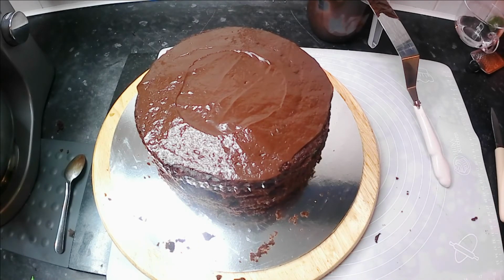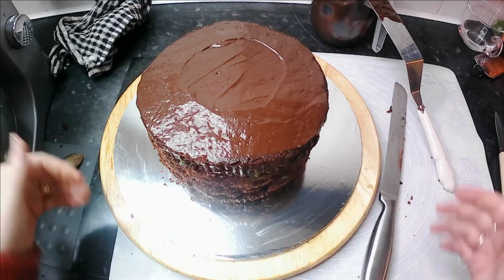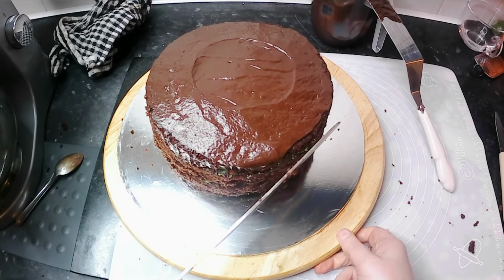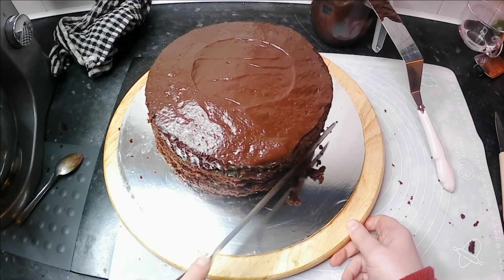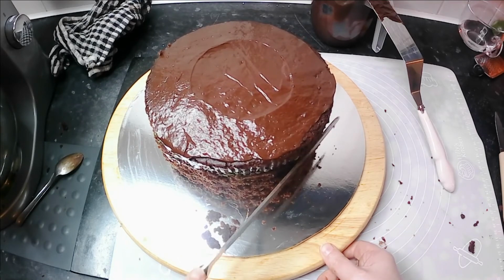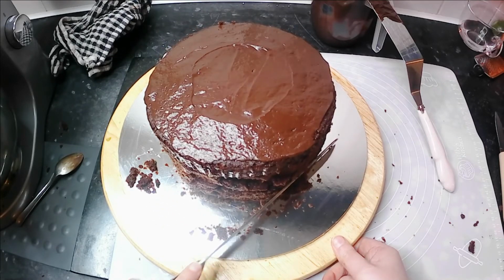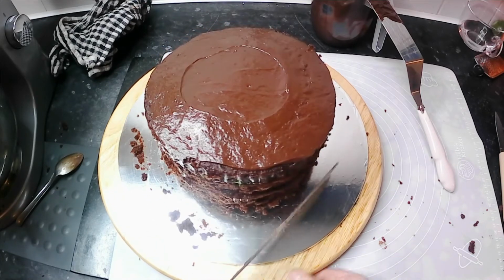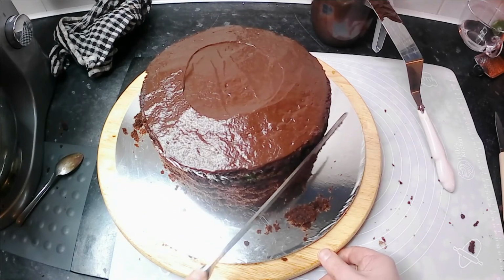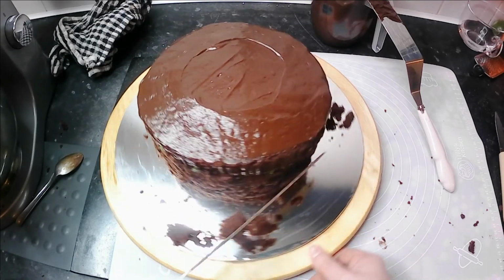Which I'm just going to speed up. So I've gone around all my edges and cut off the crusty bits on the end from where it's baked, and then we just want to go around again to make sure there's nothing that we've forgotten. Just making sure that it's as straight and even as possible. Ready for our nice ganache. And then we pick up all these little bits and pop them aside